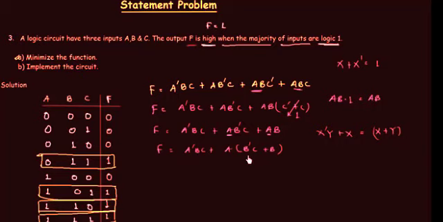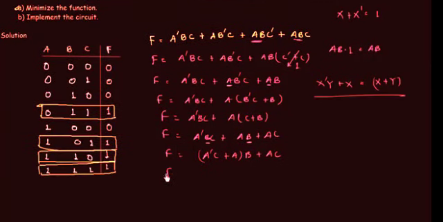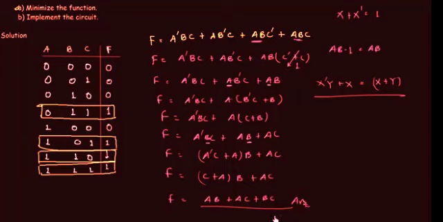This is very simple. So in this case we will have A and C or B. I will open this bracket by using the distributive law and we will have AB or AC. Now we can take B common from the first 2 terms and we will have A complement and C or A, and again we will use the distributive law, and we will have C or A, B or AC. Finally we will have AB or AC or BC. So this is the answer, the minimized function that we have obtained from this statement.